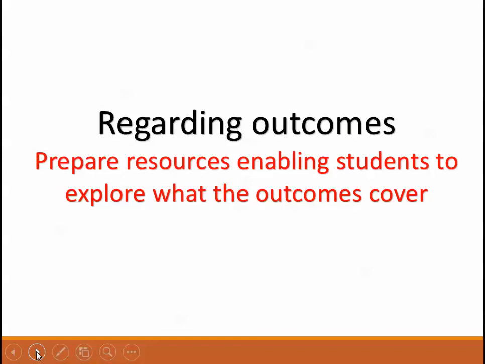So we've done that. That the outcomes are about preparation of resources, enable children to explore what the outcomes cover. Right? So it's not like you give them those questions and now they've covered the outcomes. You need to prepare resources so that they can explore, they can actually engage in those outcomes by asking themselves how well they are doing, how they understand the task, so they can ask questions of themselves.